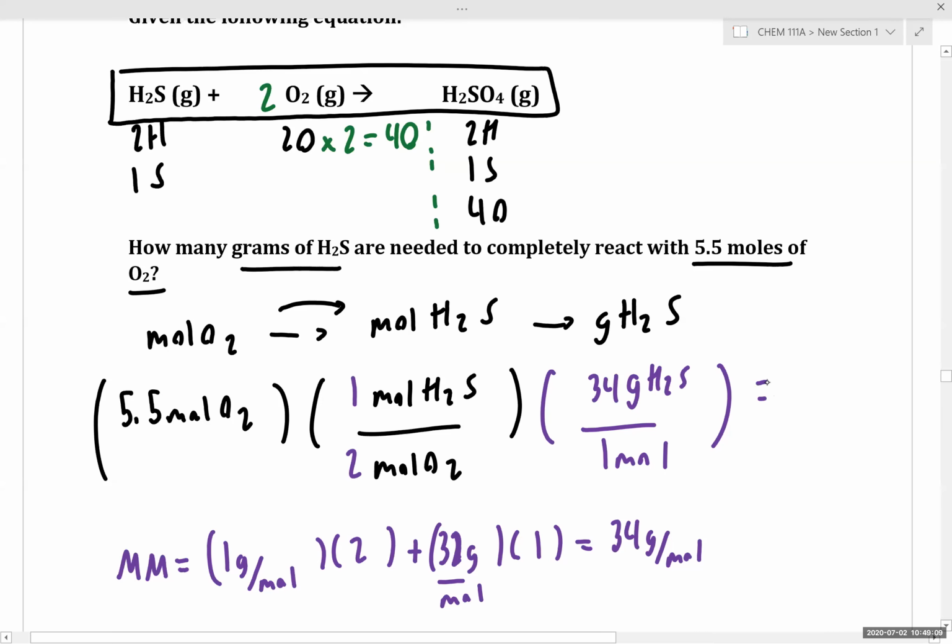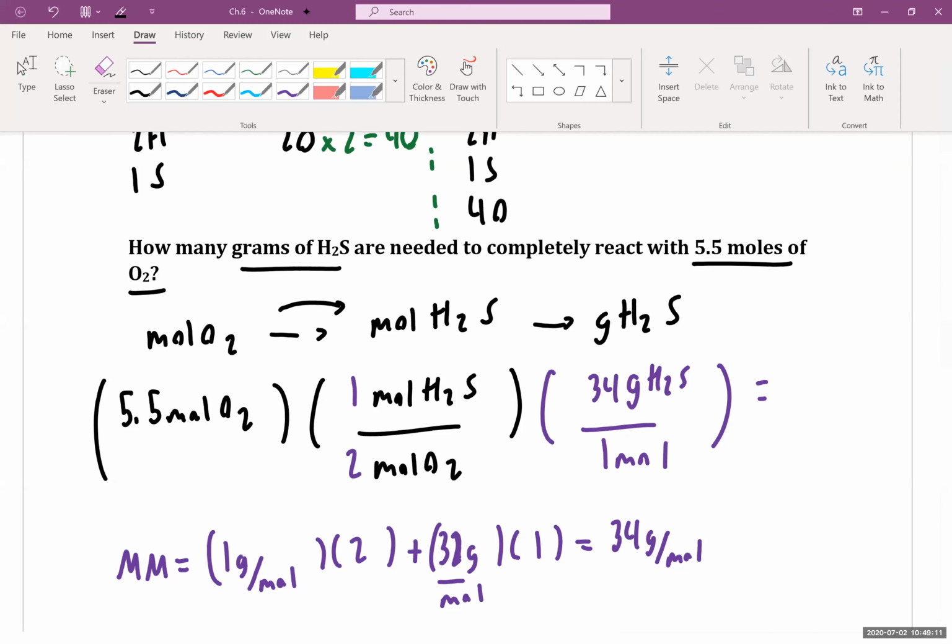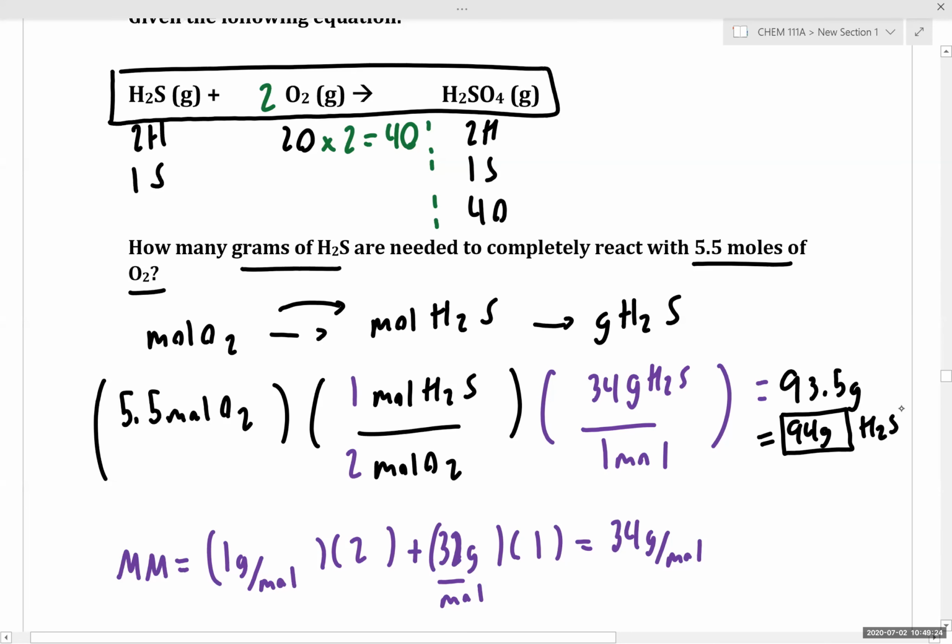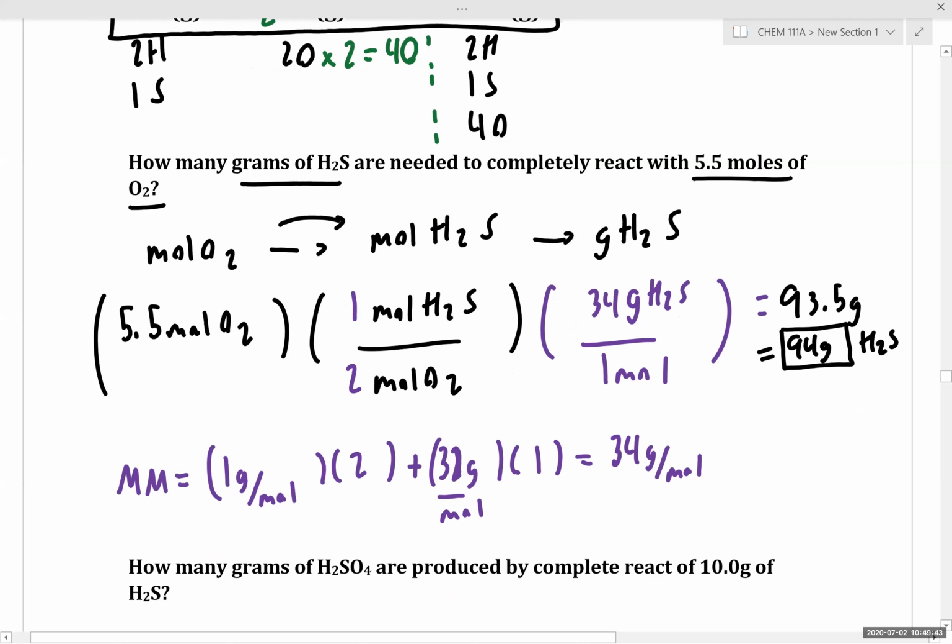And that in turn gives us a total mass of hydrogen sulfide of 93.5 grams, which we round to 94 grams of hydrogen sulfide. Does this example make sense to everyone? Any questions on this example? Okay, so continuing on,